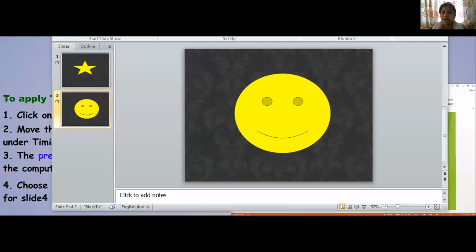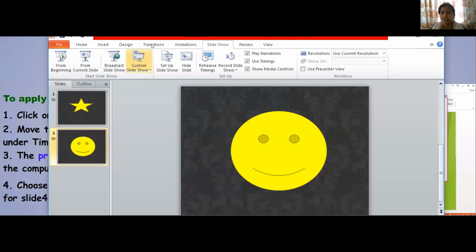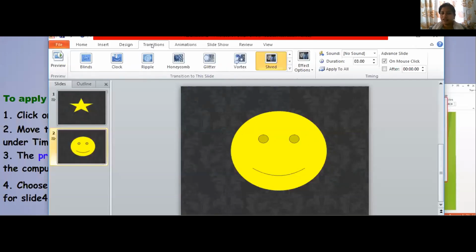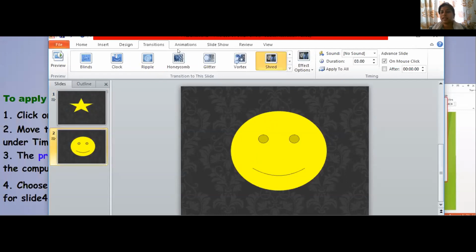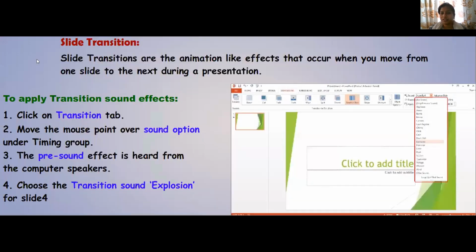And how did I do that? By using the transition option. So click on the slide, go for this transition, whichever you want. Then go to the next slide, click on the slide the way you want it to come in front of you. This is what slide transition is.